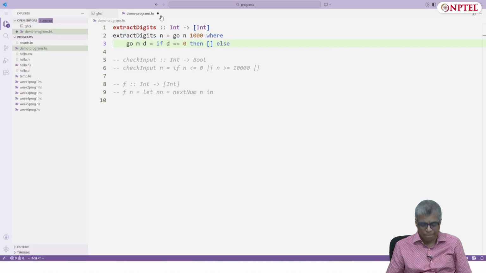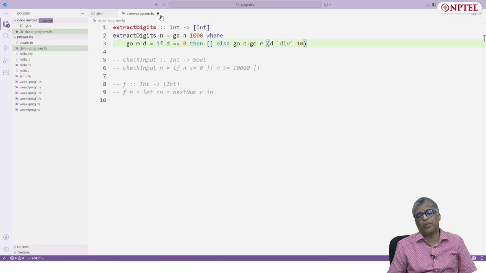Else, go of quotient, I am shrinking the divisor each time.